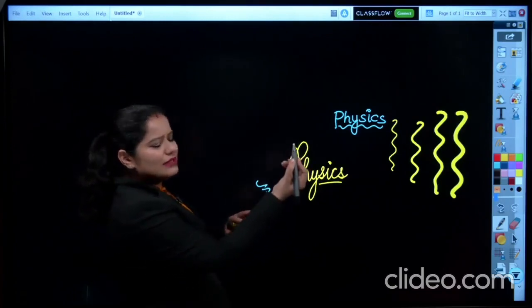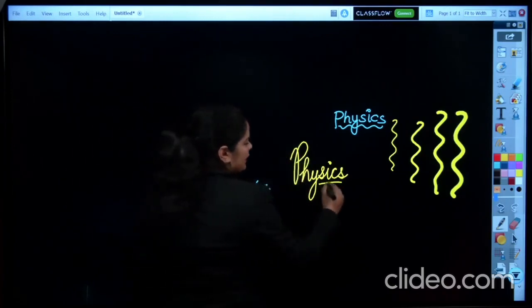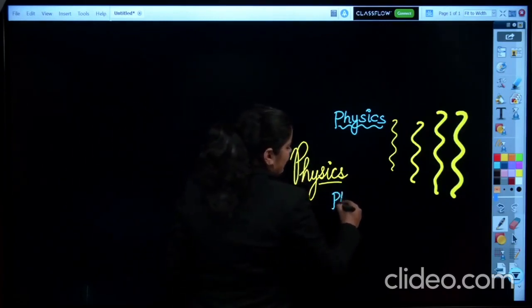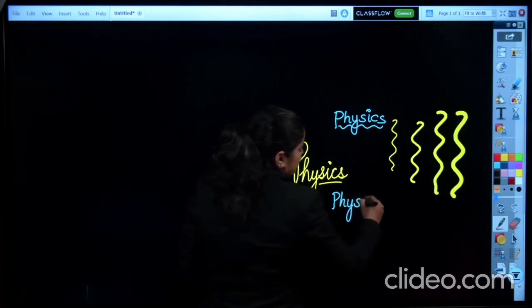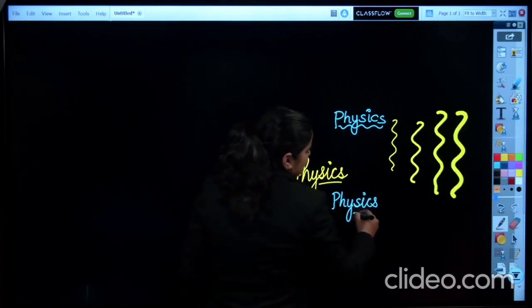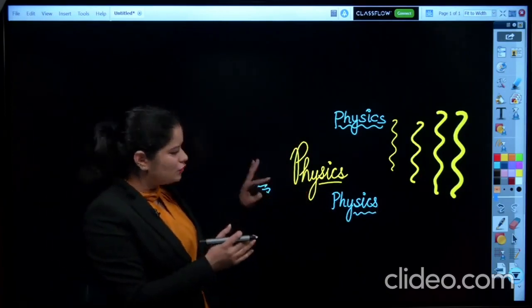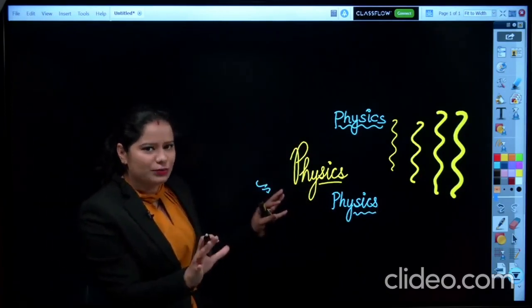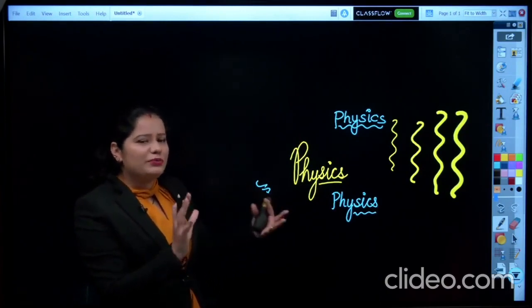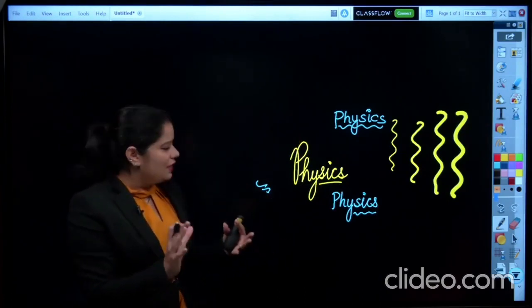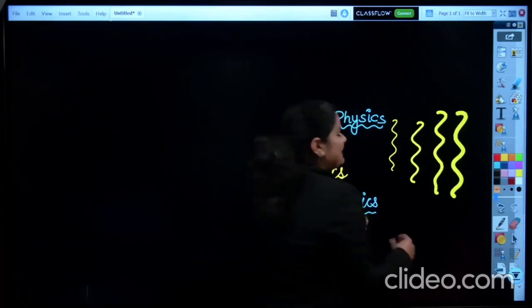You can hold it like this so that your fingers do not touch the board. There should not be any contact between your fingers and the board, so that no stray marks are formed, because they are going to make your board work a bit messy. Okay, moving on to the next tool.